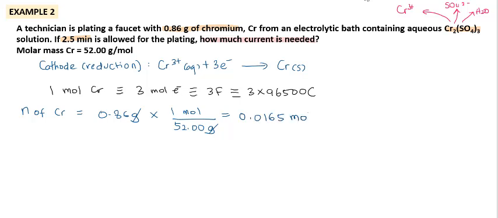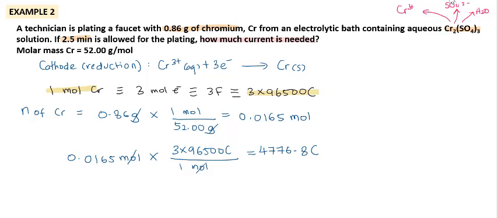0.0165 mole. Since we need the quantity of charge, and we have the moles here, take out the moles and charge from our relationship. So 0.0165 mole of chromium, multiply by 3 times 96500 coulomb, since we need the charge, and we don't need the mole, so we put the mole at the bottom. So we will get the quantity of charge used in this electrolysis to produce 0.86 gram of chromium is